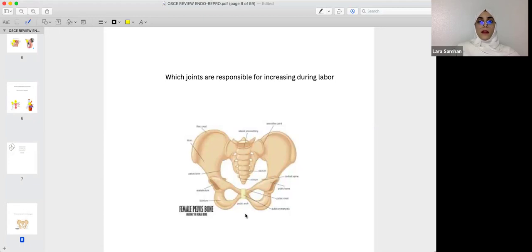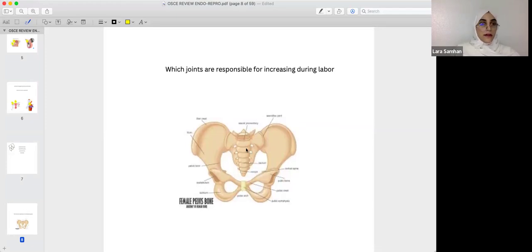Okay, so what are the things that help in increasing the labor? God subhanahu wa ta'ala created the female pelvis to be wider and round in shape compared to the male pelvis, which is longer and narrower. This orientation of the female pelvis helps the baby pass all the way through the birth canal. So as you correctly said, the things that help in increasing the labor is number one, the